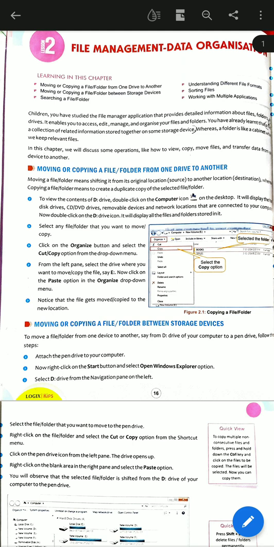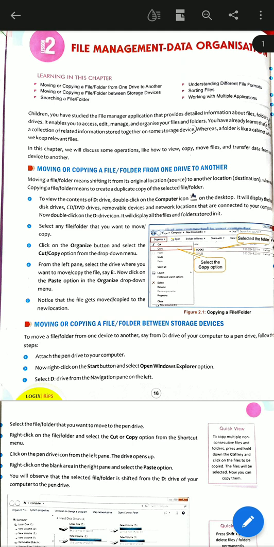Okay, searching a file or folder: how to search your files and folders in the computer. Understanding different file formats: in this chapter you will learn about different file formats. Sorting files. Okay, sorting means to arrange the files.